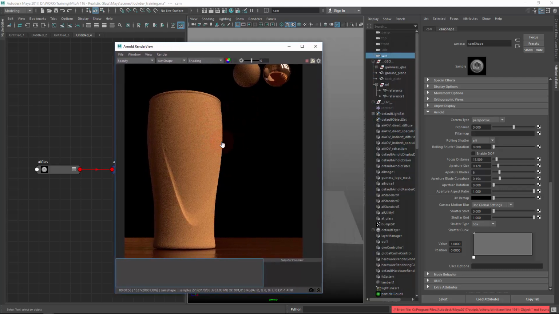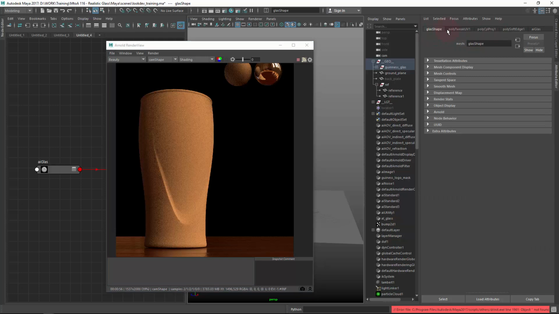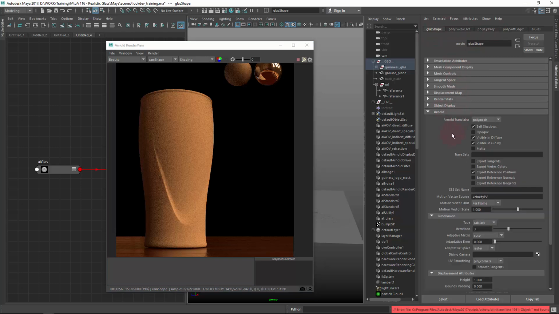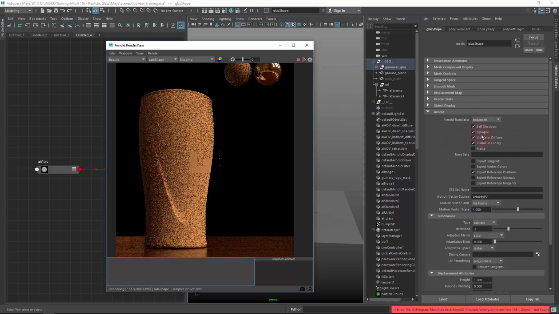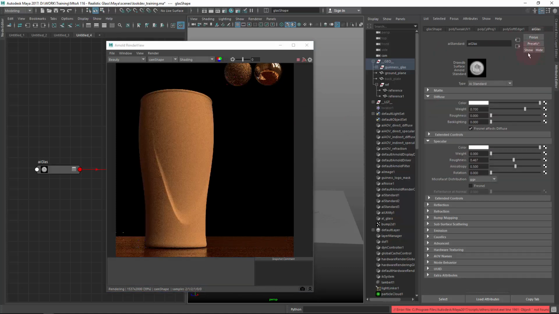So the first important thing to do is, if you select your geo, you can click in the render to select your geo, and then in the shape node, under the Arnold tab, you have this opaque checkbox. By default it is on, which means non-transparent shadows. If you uncheck this, you will get transparent shadows, which glass actually has, because you don't get a fully black shadow with glass. You always get some light passing through the glass. So make sure to disable this, and then heading back to the shader,